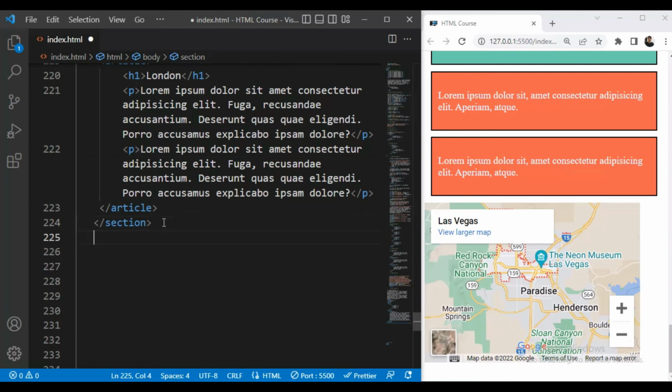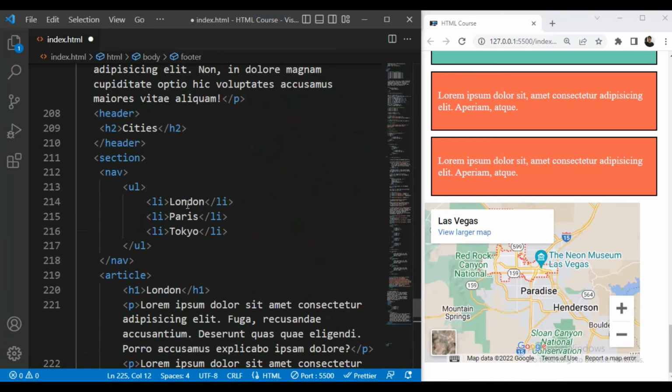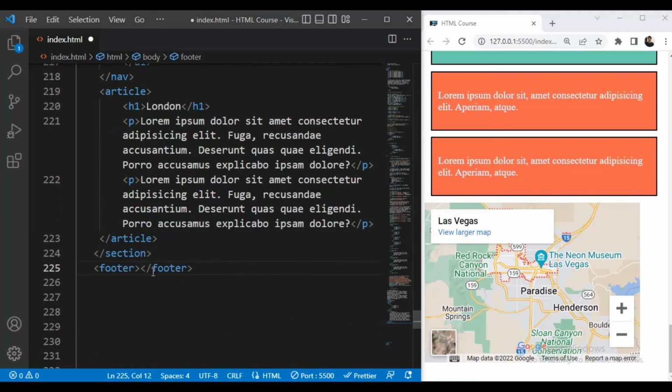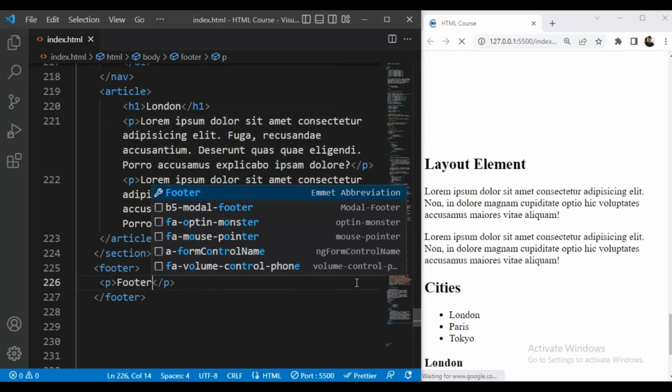So after section element we'll add a footer. So first we had a header and now we are adding footer. So inside footer we'll give paragraph and we'll write footer. Okay, so now let us save this.